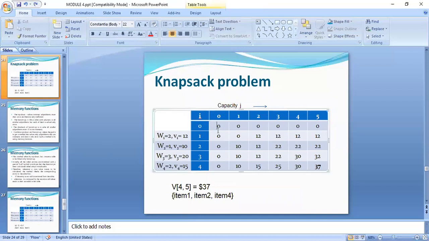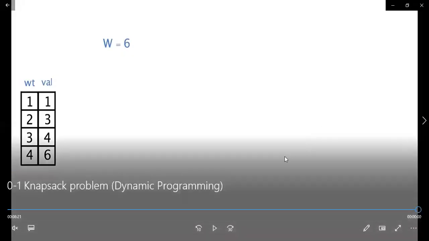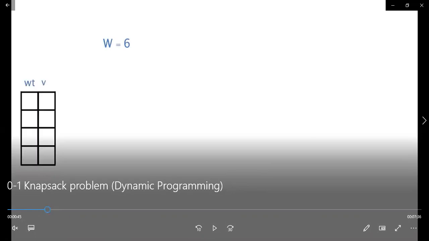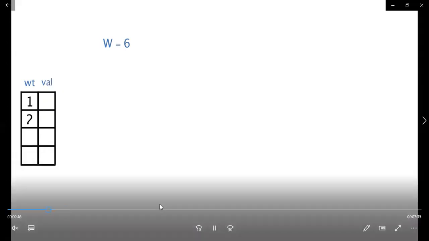So you have your initial values. Initial values are just you will be filling it and you will be saying it. What is the value? So here, whenever you go for the knapsack, we will see how to calculate it. Okay. So calculation of this is nothing but you are saying that we will be going for a knapsack problem where we will be just checking what is the knapsack capacity and what is the values.